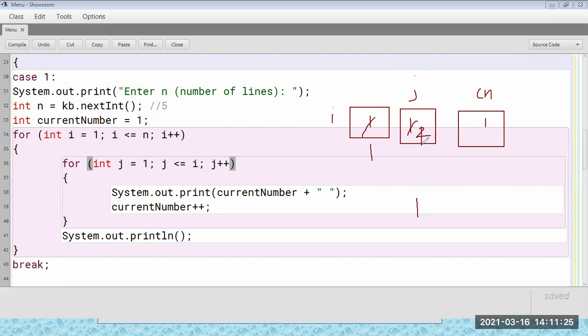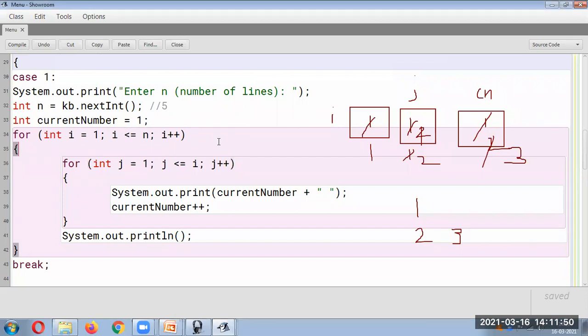So I is 2, J will become 1. For the current number, we have to take the next number, so it will take 2 now. So the next line prints 2. Then J will become 2, so at that time current will change again and this will become 3. So this 3 will get printed. This way it will go, and we'll get the first Floyd triangle. I hope it is clear.